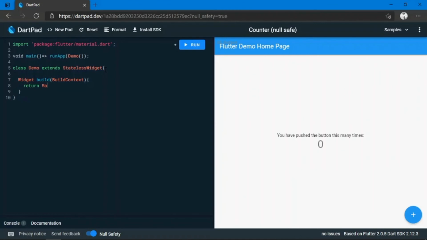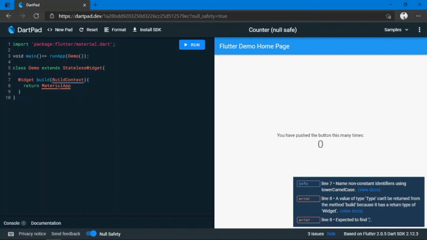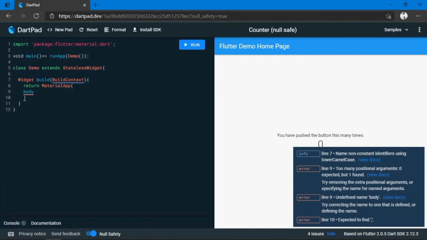Material app means, you can say, everything on this screen. Oh sorry, this output is from the previous code, which I have cleaned. So material app means whatever you are looking at here. Everything uses a material app, so I will write material app here. In that material app, what do I want? I want a body. I should use a body.